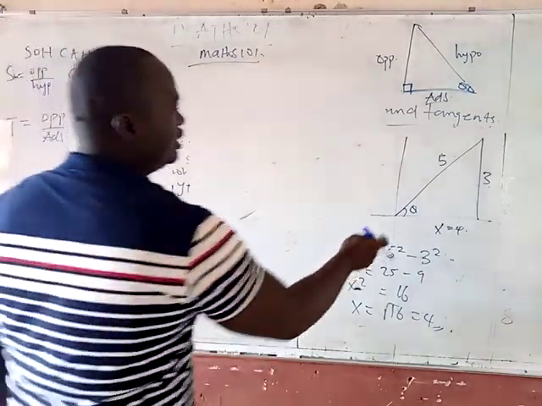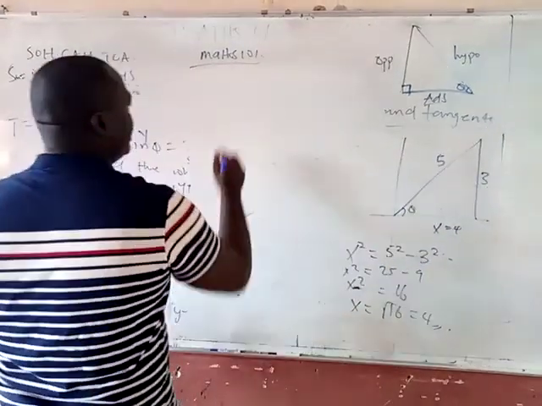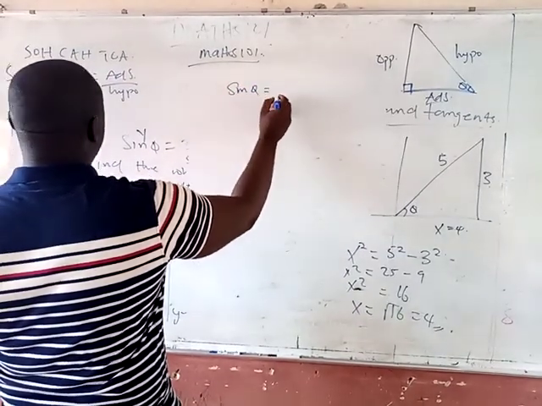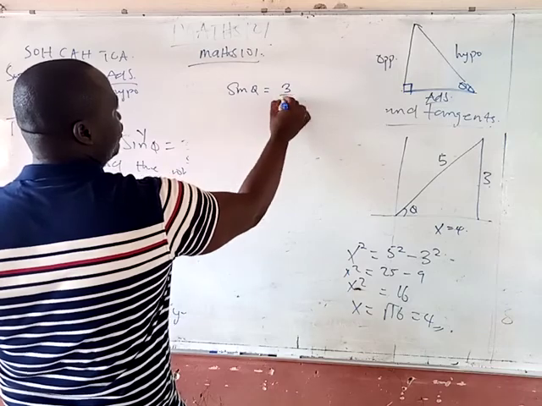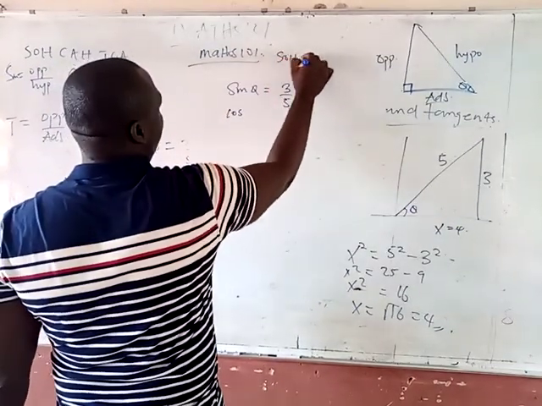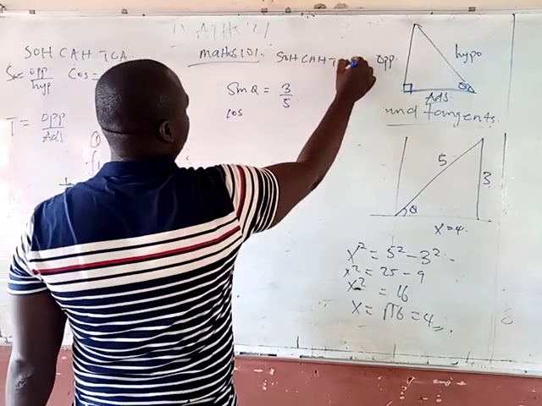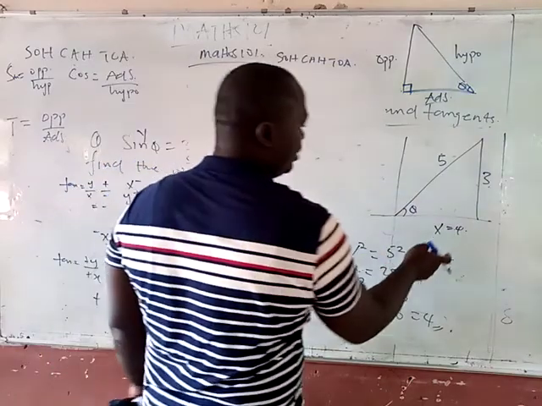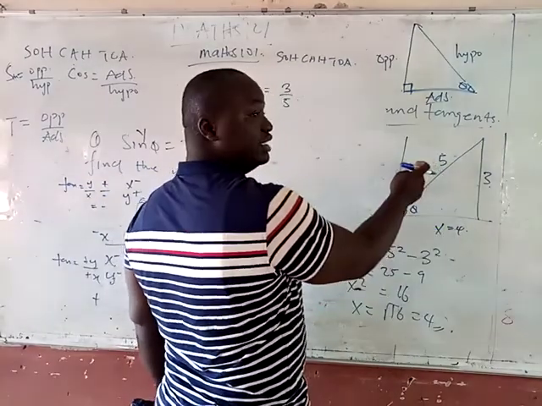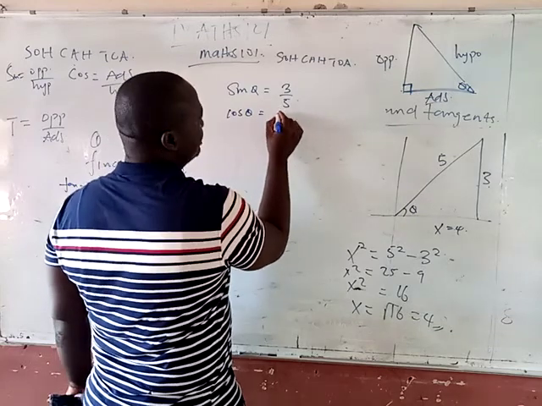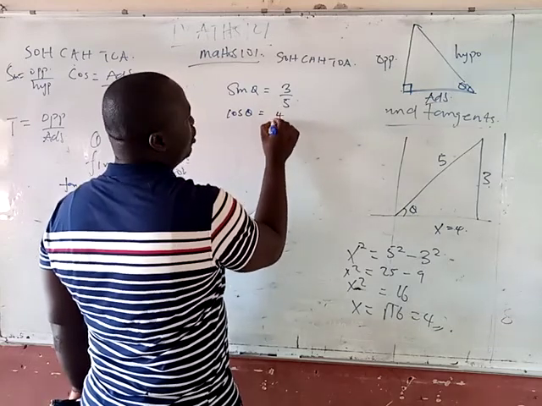So now we have this. The next thing is we should find the whole 3 functions. We already know that sine is 3 over 5, right? So cos, remember, don't forget this, is very powerful in this course. We'll be using it a lot. So cos is adjacent all over hypotenuse. Adjacent is here, hypotenuse is here. So cos theta is adjacent all over hypotenuse, so this is 4 all over